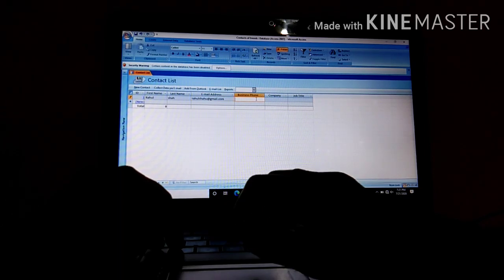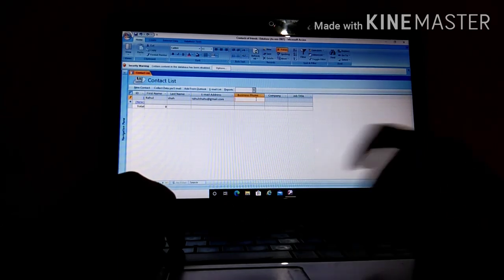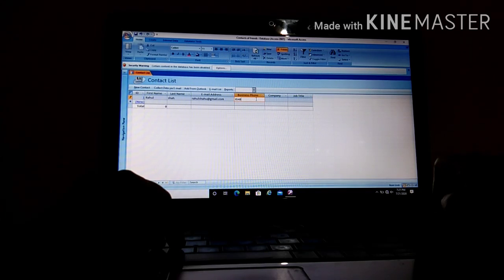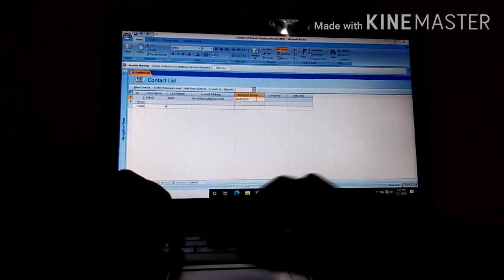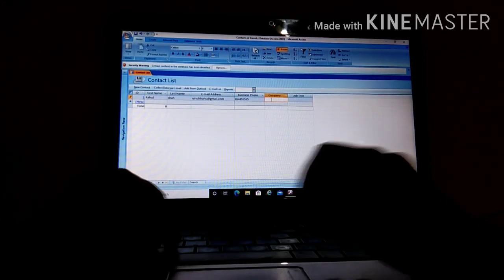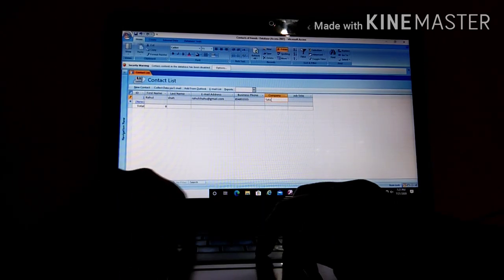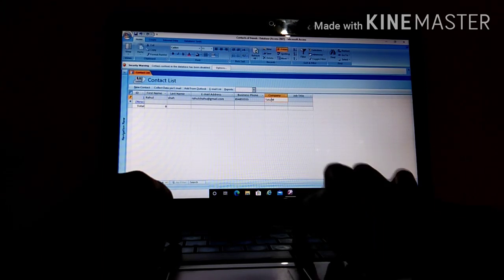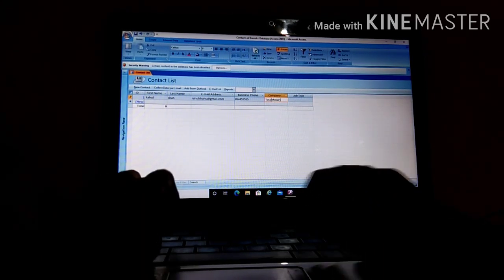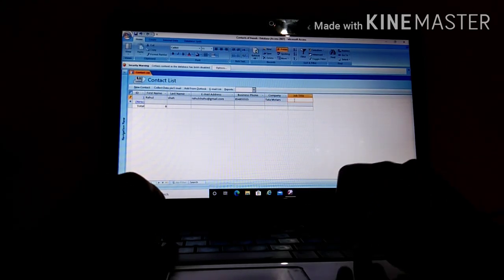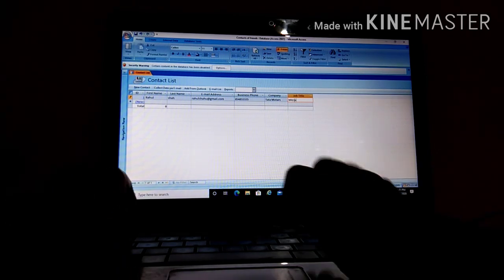Then if he has any business phone or any contact number, you can add it here. You can use any fake number here. Then if he's working in a company, you can write that too. And the job title, like manager.